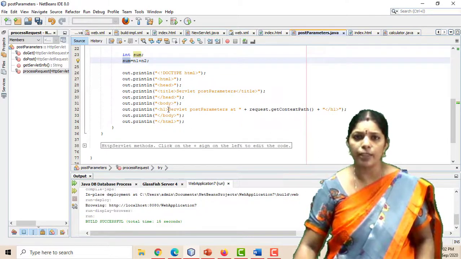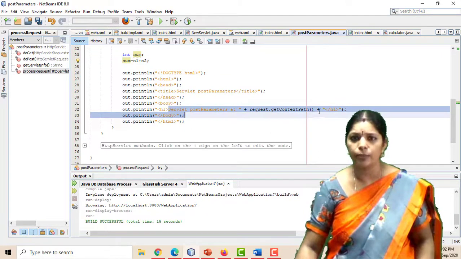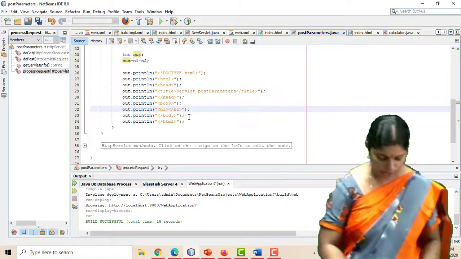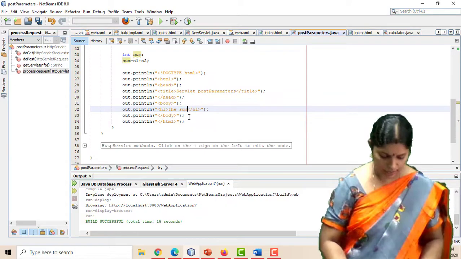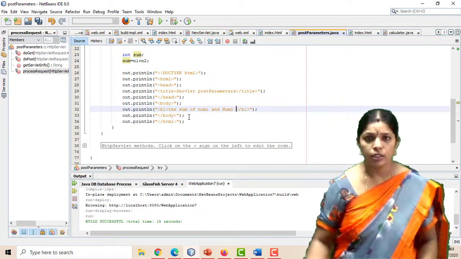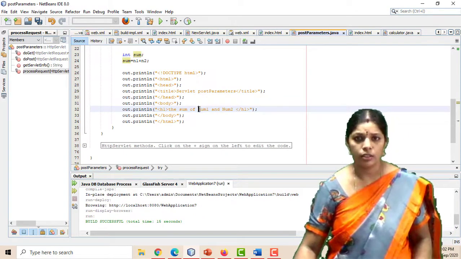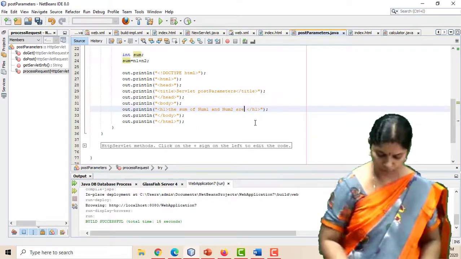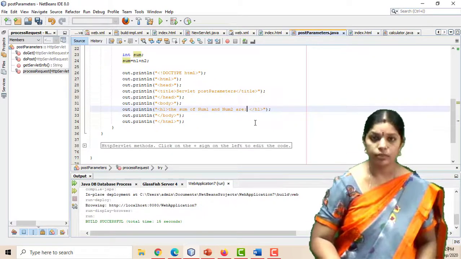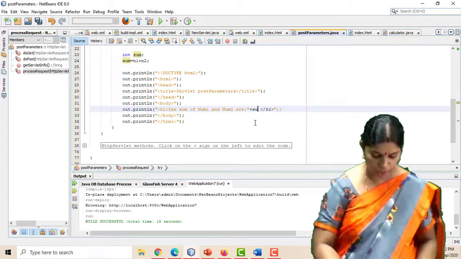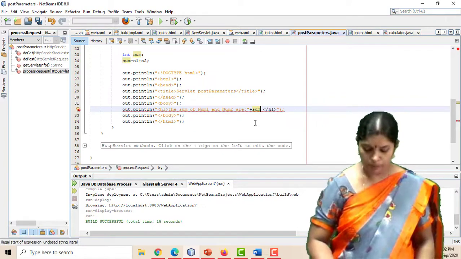In the servlet, for the post parameters, here I want to delete everything. Next I want to write: the sum of number 1 and number 2 are. Okay, here we have to display the sum, plus,